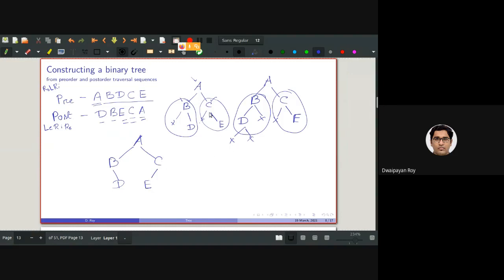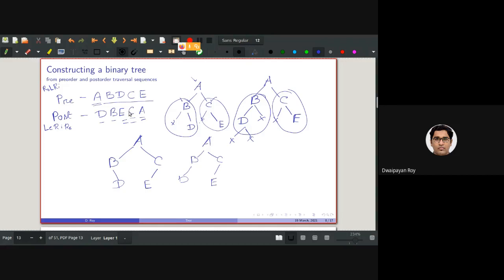Absolutely correct. And also another way would be to take both of them as right. So basically there are 4 variants here. Earlier we put it as left, left as well. For these 4 trees, the pre-order and post-order traversals are the same.